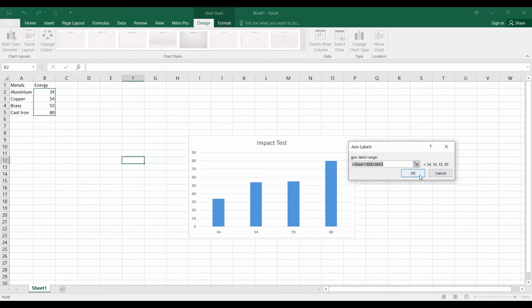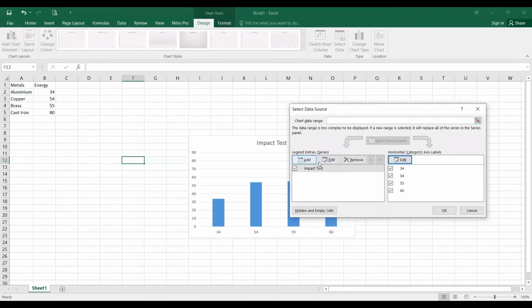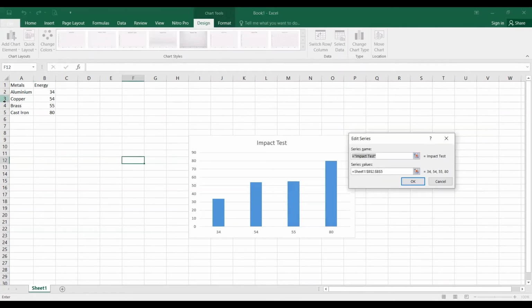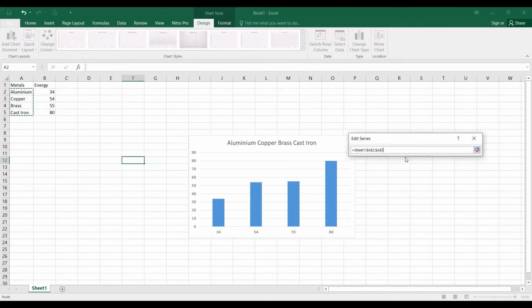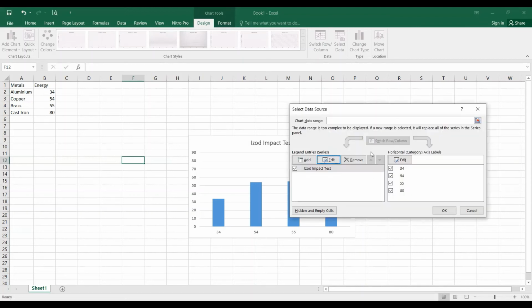Here is this on the x-axis, and for example I am going to the edit option. It is taking it as a title. No, not this one. So what we have to do is IZOD impact test, and you can also make it a pie chart as well. We are moving towards another column graph.